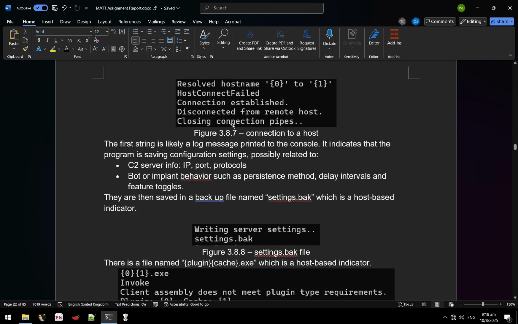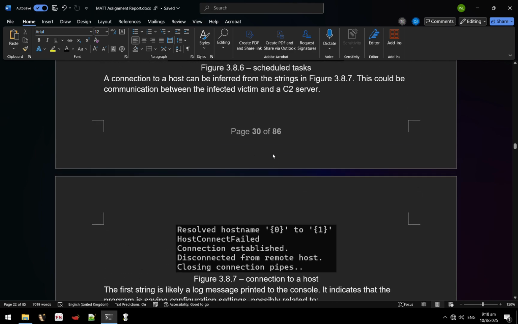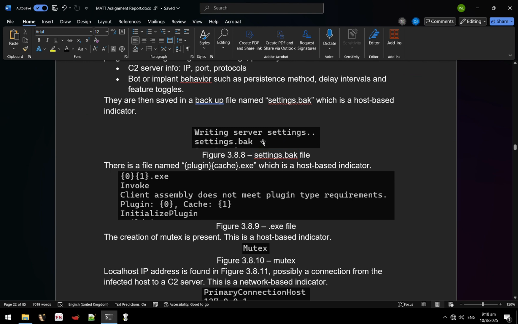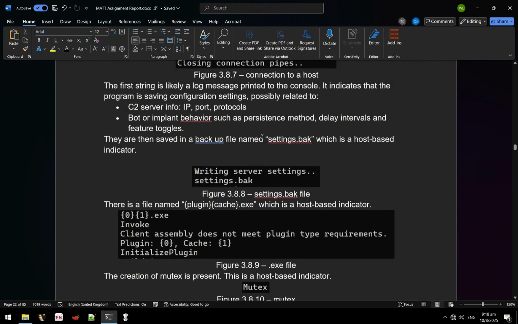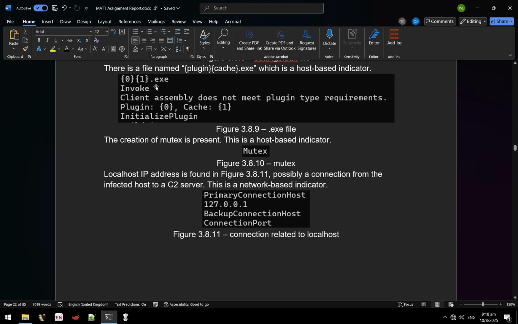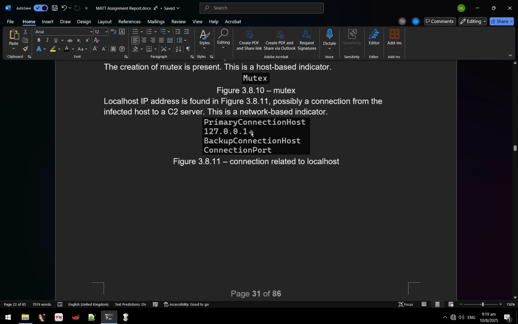persistence for the malware. There's also network-based indicators such as connections established, which could potentially be connections to a C2 server. There's also writing server settings after that to a settings.backup file, which could be storing certain information about the C2 server or the behaviors of the malware. There's also another host-based indicator, plugin cache.exe. There's also another host-based indicator of a mutex being created so that the malware doesn't run more than once on a